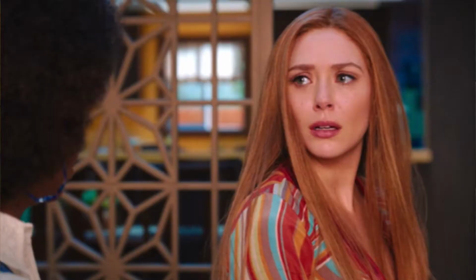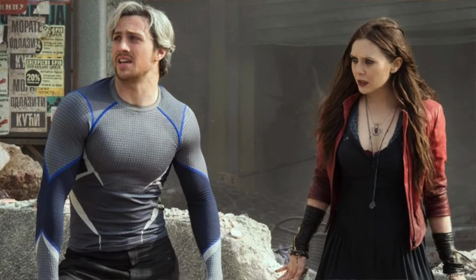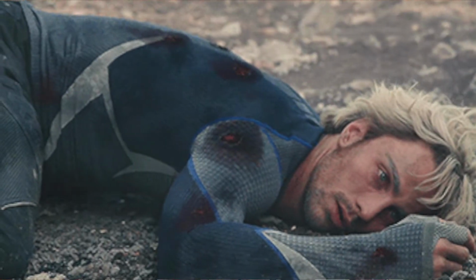Basically, it's all like I said, the sitcom kind of stuff, and then it becomes quite apparent that she's not within this little pocket that Wanda has created. She asks about certain things, then Pietro gets asked about. Obviously he's dead. Ultron gets mentioned because Ultron kills him, and then before you know it, it's becoming sinister, it's